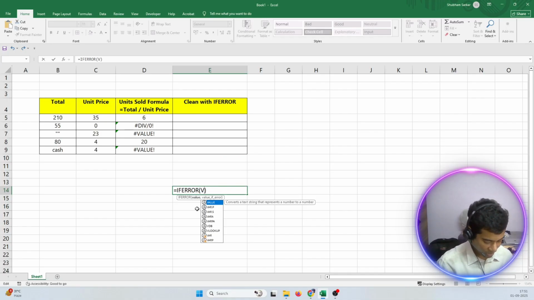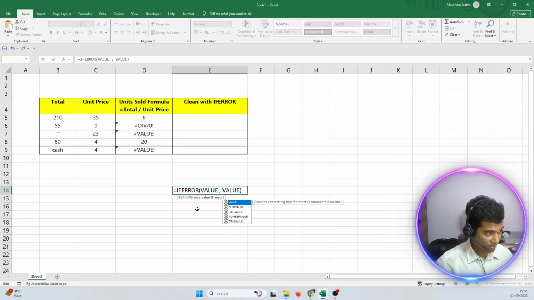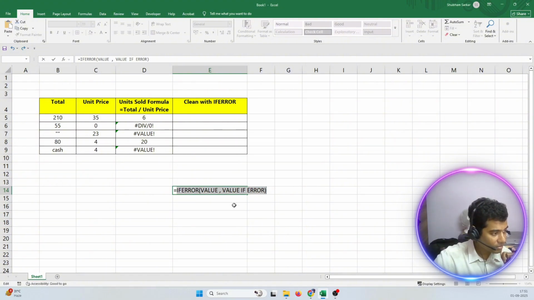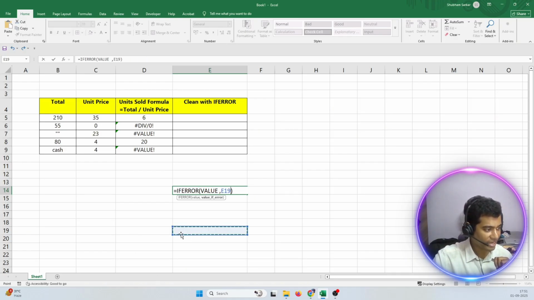what you can see here is it is written value, and then we have to write value if error. The thing is, you have to write a value here, whatever value, suppose 0 or 1 or anything. You can write a formula as well. I will show you in the practical, no need to worry. And in the second part, value if error, means if the value is giving some error, you have to type a message here, that's it, and it will be a string kind of thing. So this is the syntax for it.